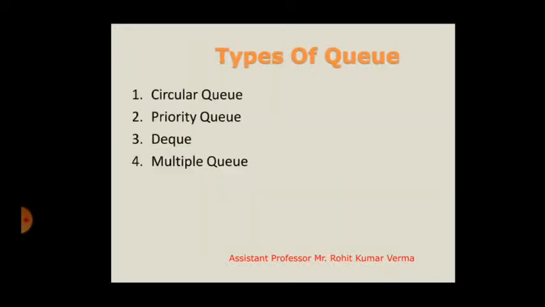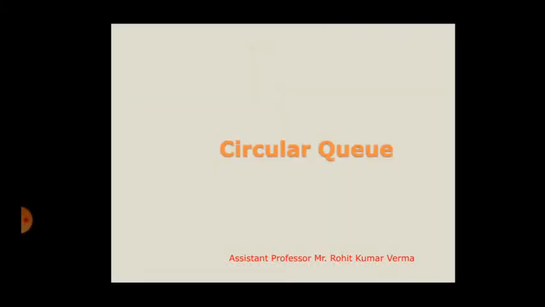Now we are covering types of queue. So dear students, there are various types of queue, just like circular queue, priority queue, double-ended queue and multiple queue. Now we are covering circular queue. So what is a circular queue? Okay, so dear students,